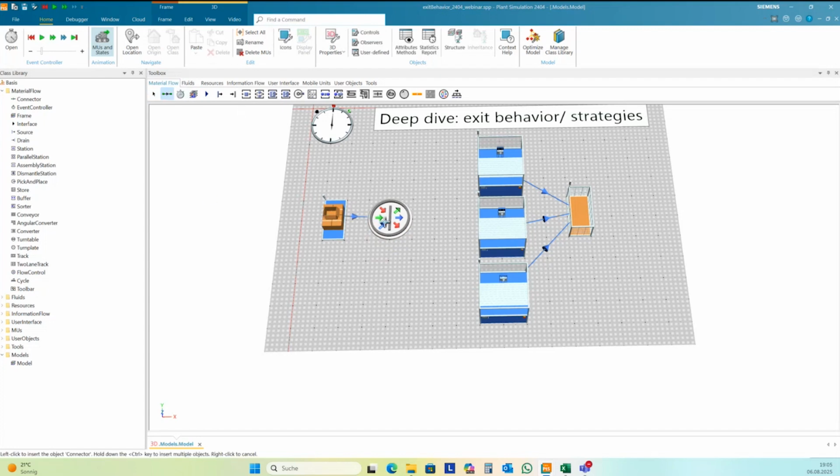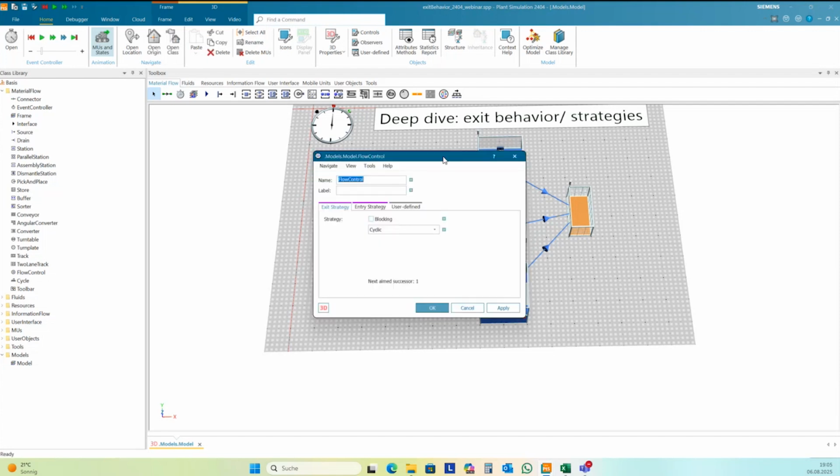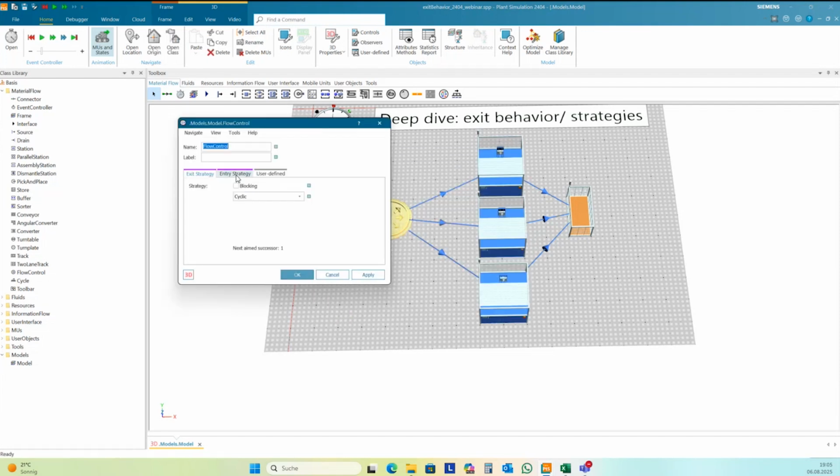This comes from a time where the object itself didn't have the exit strategy. And here you can find the same exit strategies.